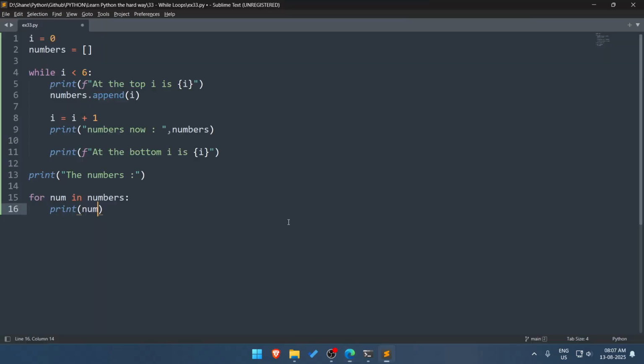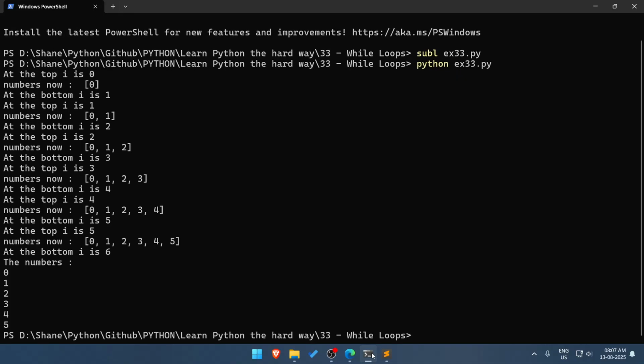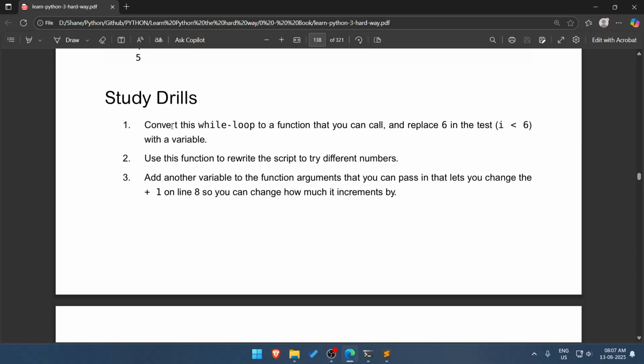Alright. So we run this. Then we go here. Okay. Convert the while loop to a function that you can call, and replace 6 in the test I less than 6 with a variable.